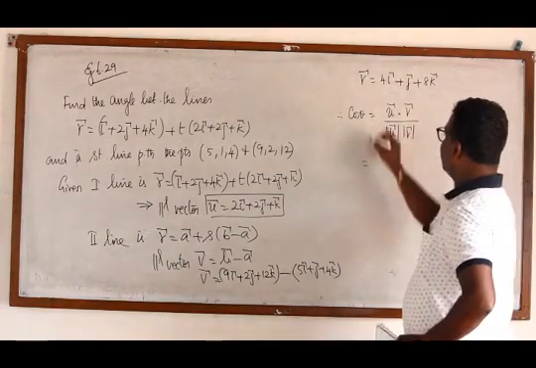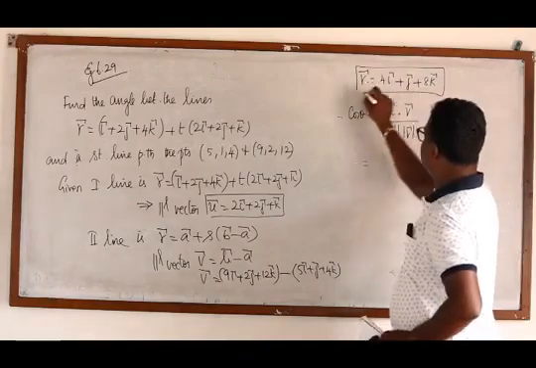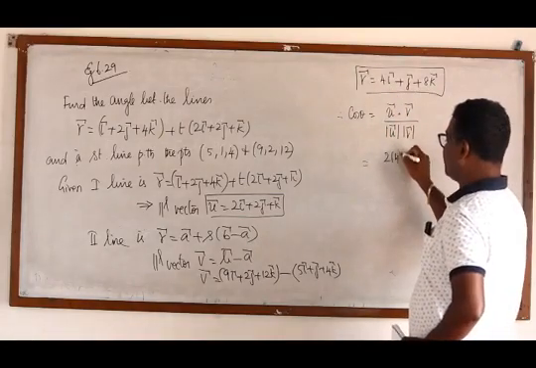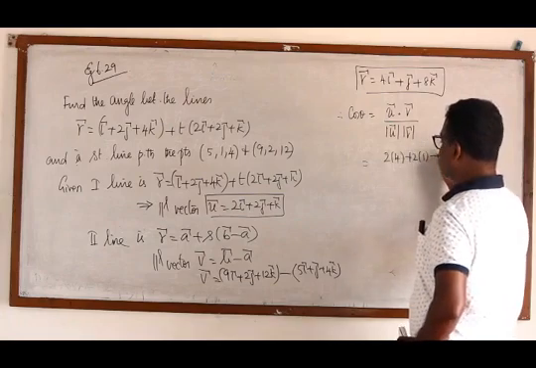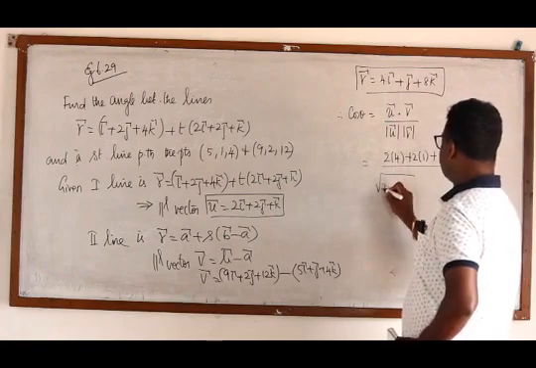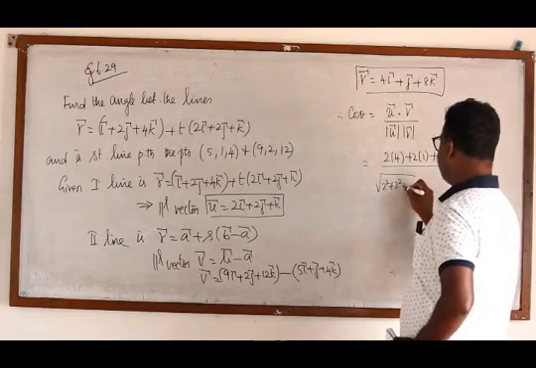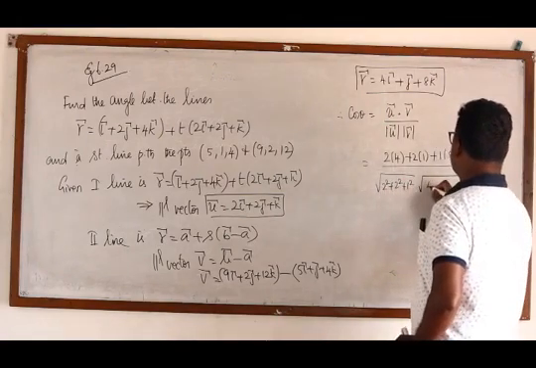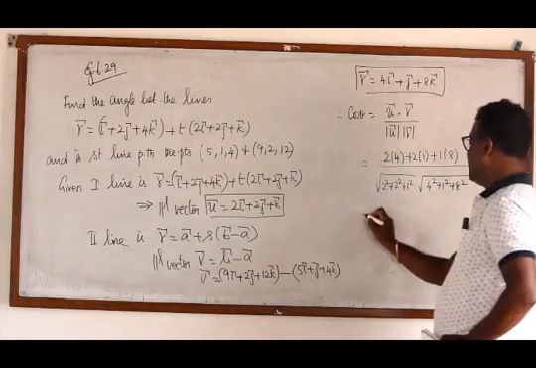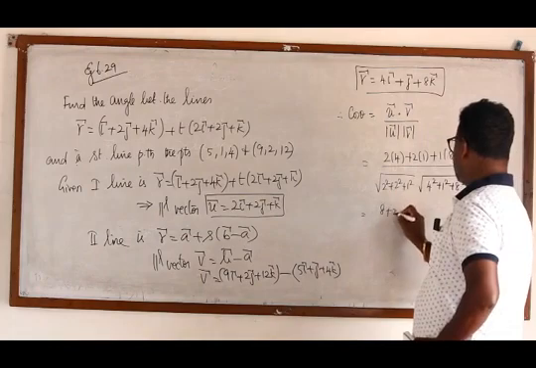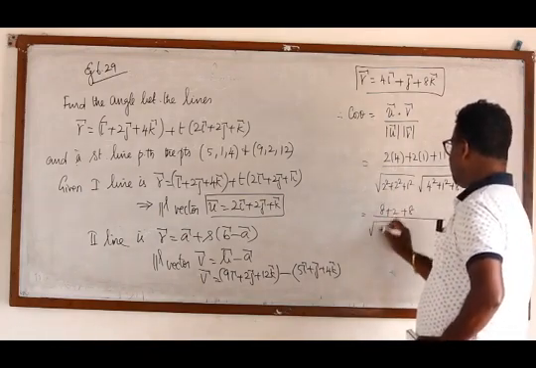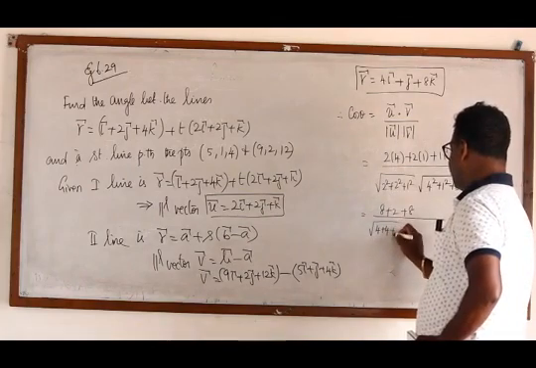Dot product means I have to find the dot product between u and v. That is, 2 into 4 plus 2 into 1 plus 1 into 8, by root of 2 square plus 2 square plus 1 square, root of 4 square plus 1 square plus 8 square. That is equal to 8 plus 2 plus 8 by root of 4 plus 4 plus 1,